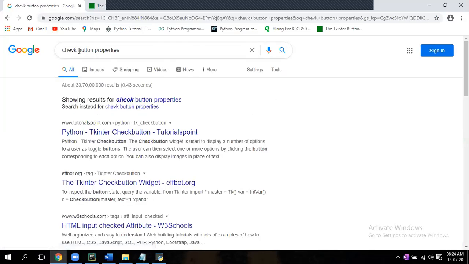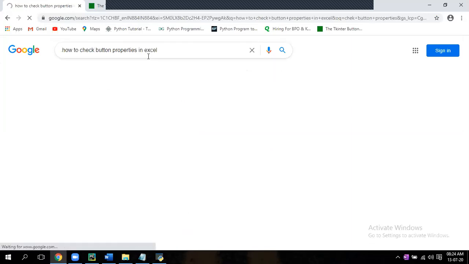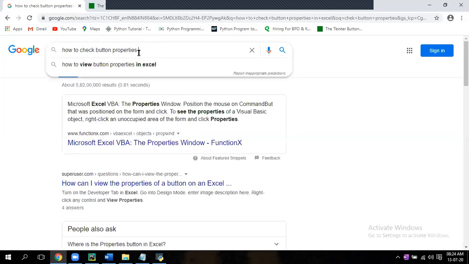Python, sir? No, just don't write how to. Only check button properties in Tkinter, because in Python there are so many other libraries apart from Tkinter also. Okay, check button properties in Tkinter.